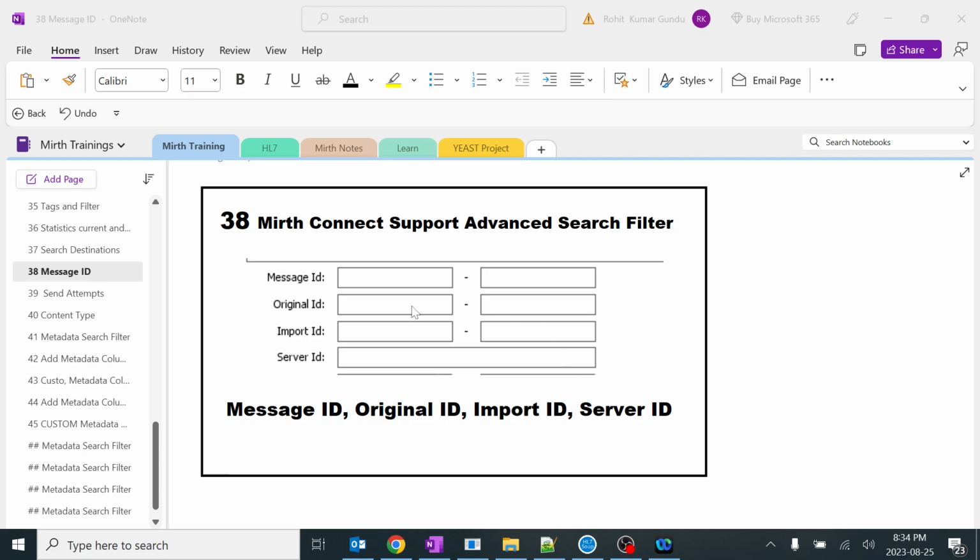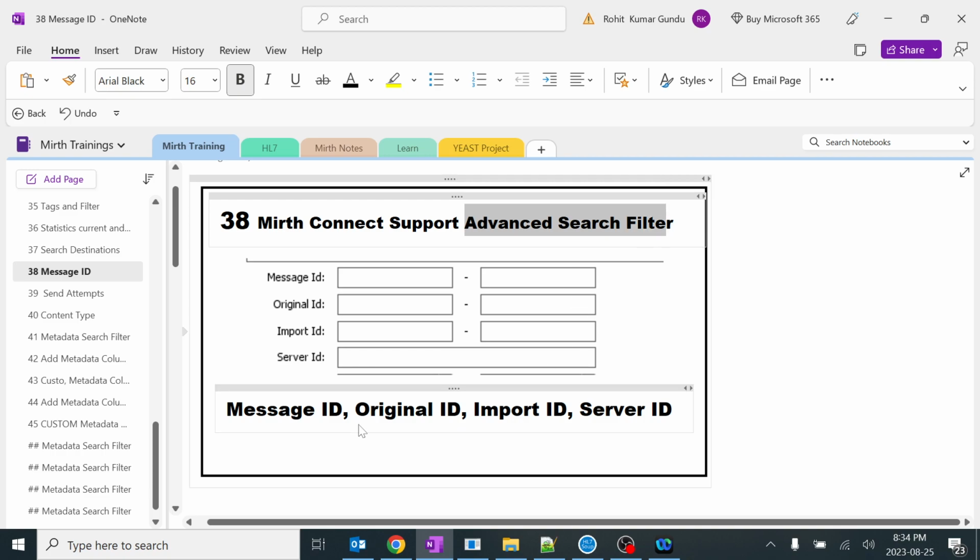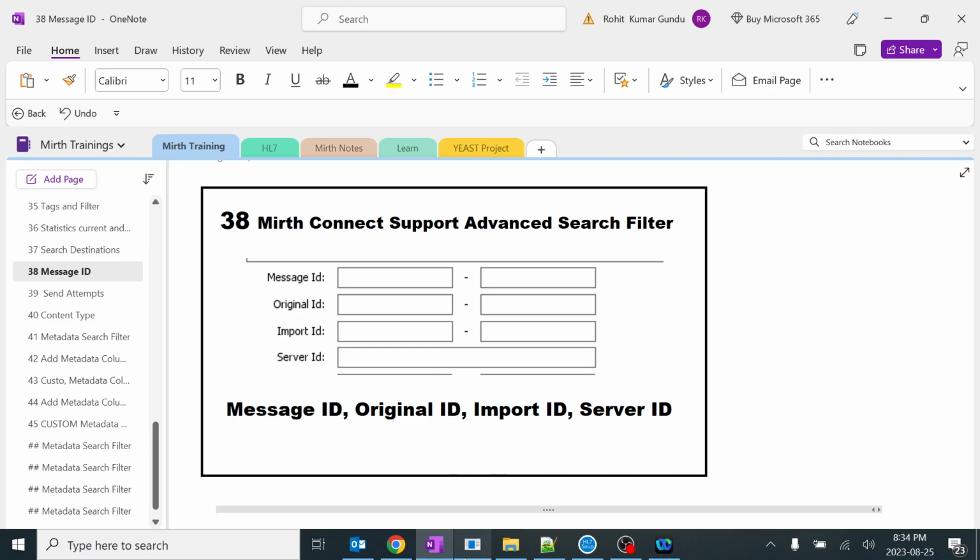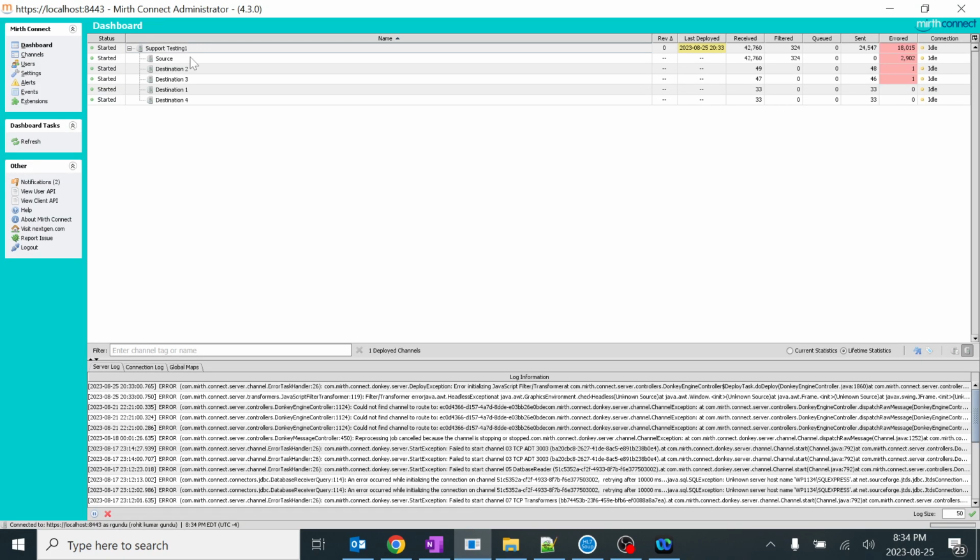Today we are going to learn about Mirth Connect's advanced search filter, and we are going to focus on the message ID, original ID, import ID, and server ID inside the advanced search filter, and how to filter based on them. We'll go to the Mirth Connect engine, and this is one of the channels which I created with